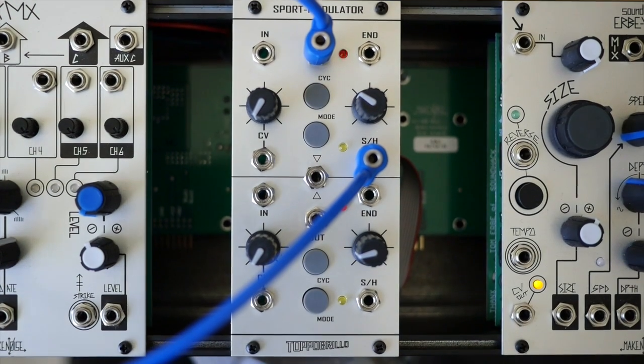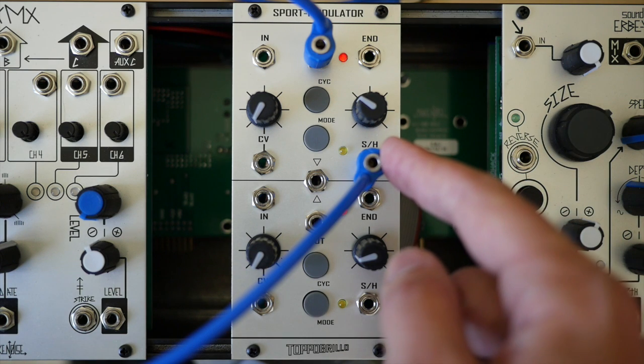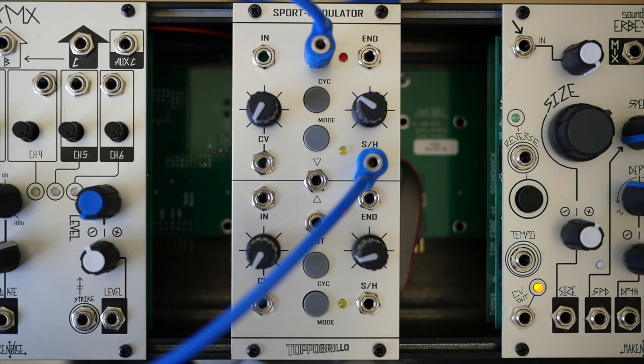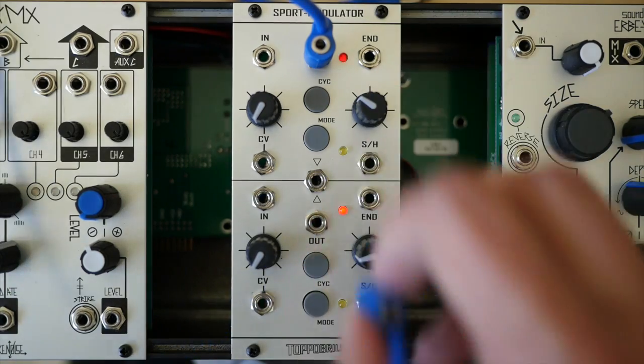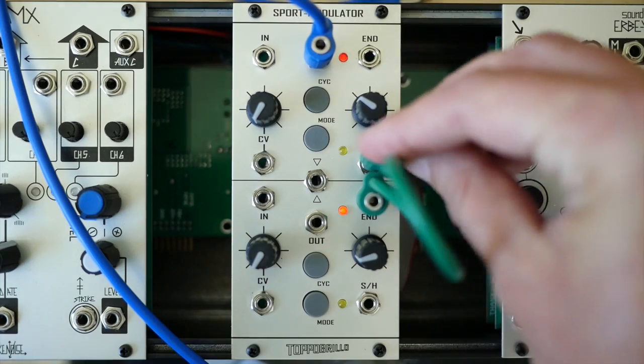So again, now we're in track and hold mode. So what that means is it's going to just continue moving until we send a gate high, using the pressure points again, into this input. And whenever I press the pad or send it a gate high, it's going to freeze on whatever position it was in the LFO cycle. So if we were to do this fast enough, we can get a stair stepping pattern effect. We can do that with the lower half here. If we take the end output, put it in here,